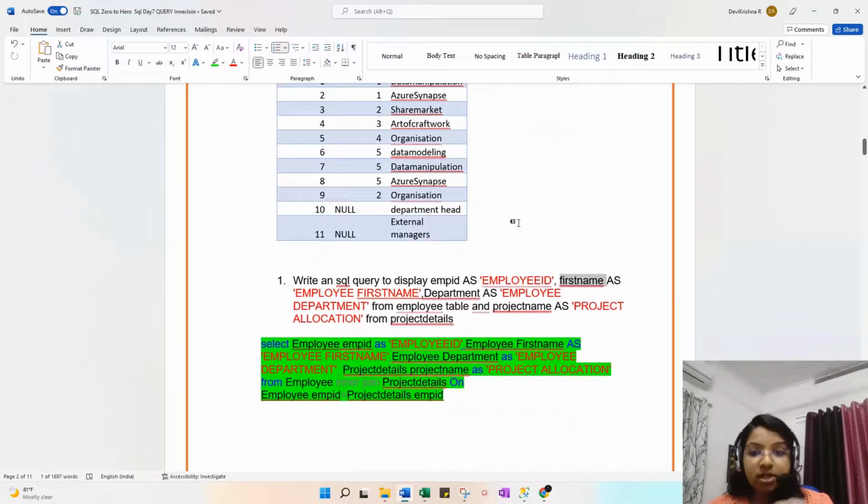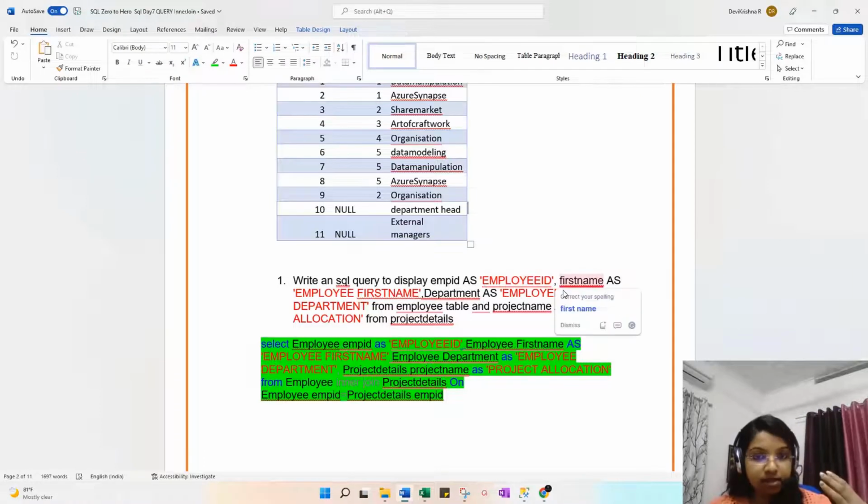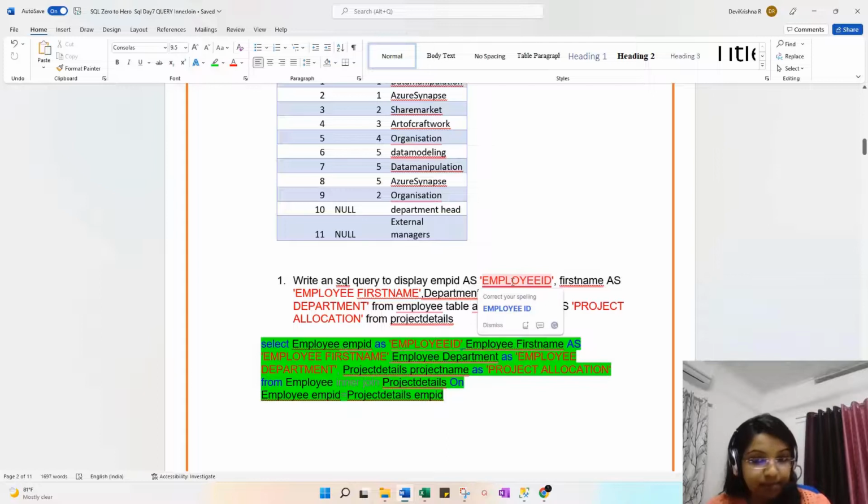At the same time, we need to rename the columns using the AS keyword, because when we combine two tables, the headers are also clearer. So we are using EMP ID as employee ID, first name as employee first name, department as employee department, and project name as project allocation from the